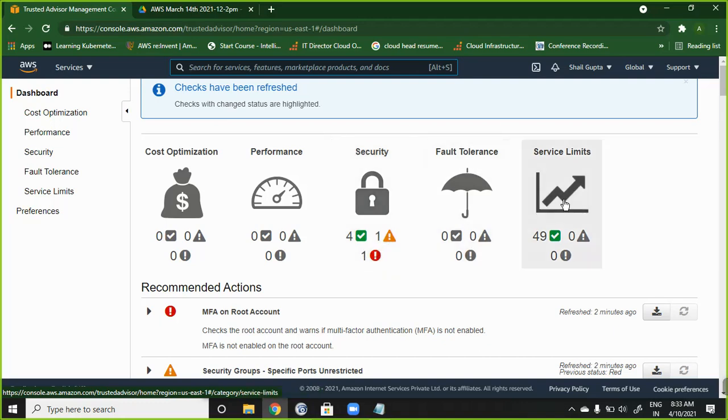What is service limit? Let's say you created the AWS account and it is not letting you create so many things together. For example, you want to create 100 EC2 instances right now. No, AWS will not let you create them. Maybe you are a hacker, maybe you take 100 servers right away, utilize them for 10 hours and then delete your account. So AWS allows you to take only a few servers; there is a limit on the instances.